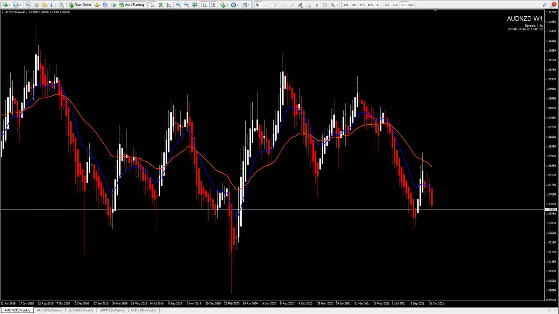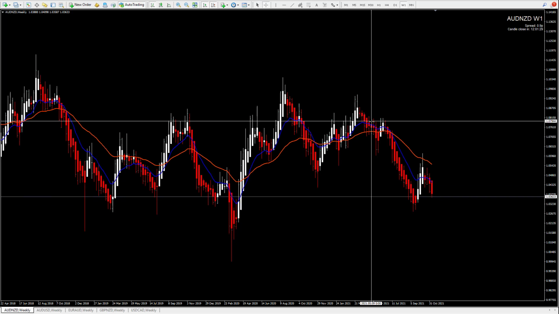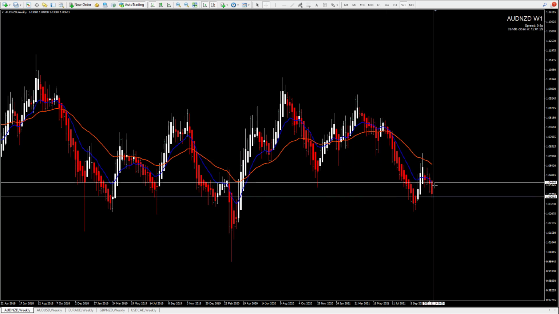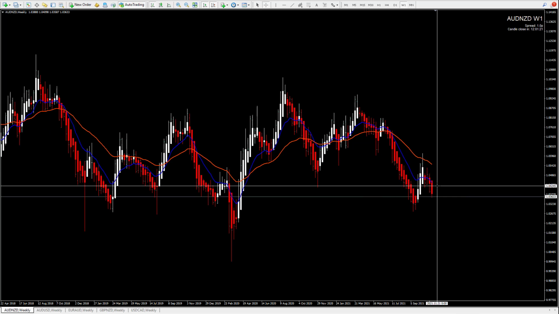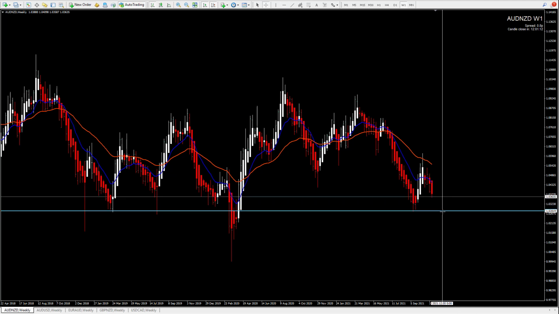First pair is Aussie dollar, New Zealand dollar. If we pay attention to weekly time frame, price is making short weekly 1 to 3, so we might expect continuation of this down move because we are in downtrend currently on the weekly chart. Where is our possible next stop? Of course, this support level where price might react or can still continue